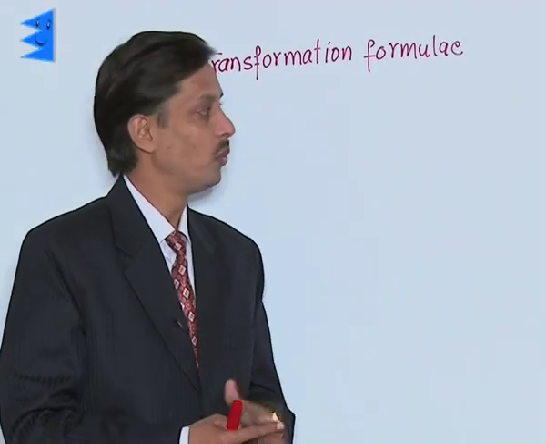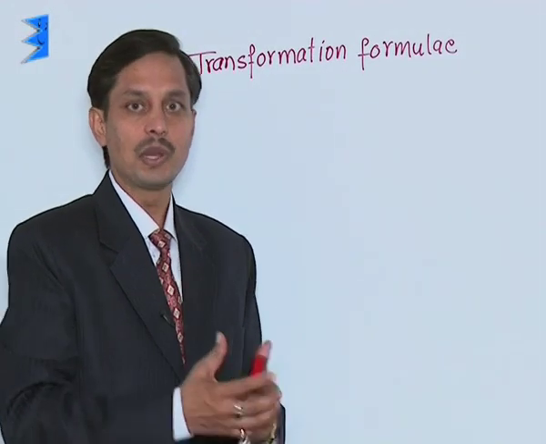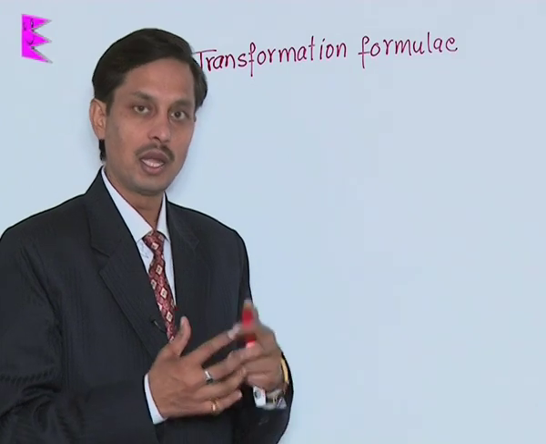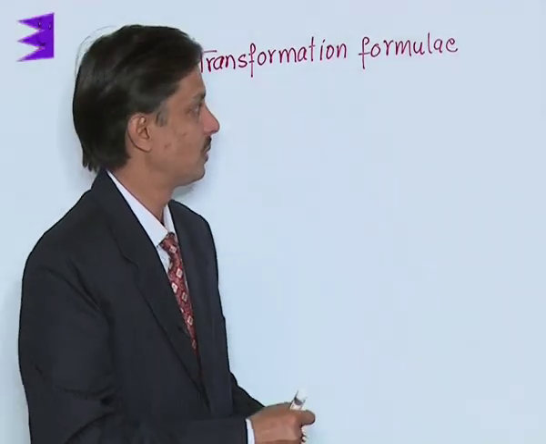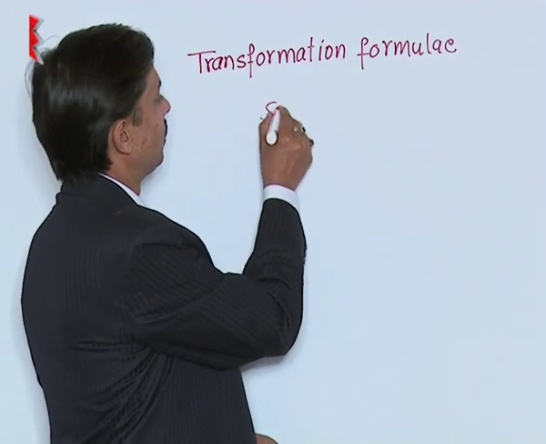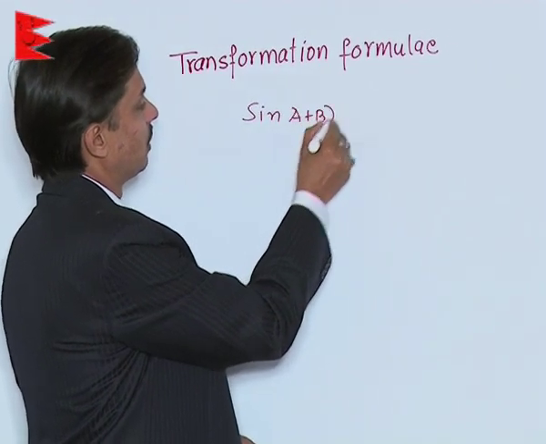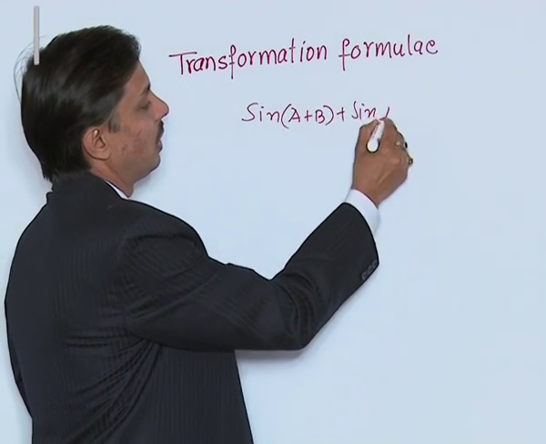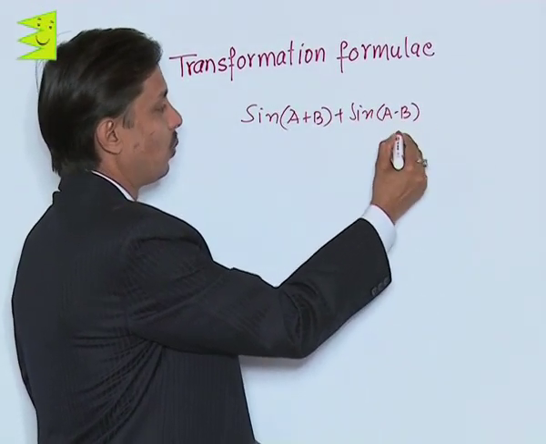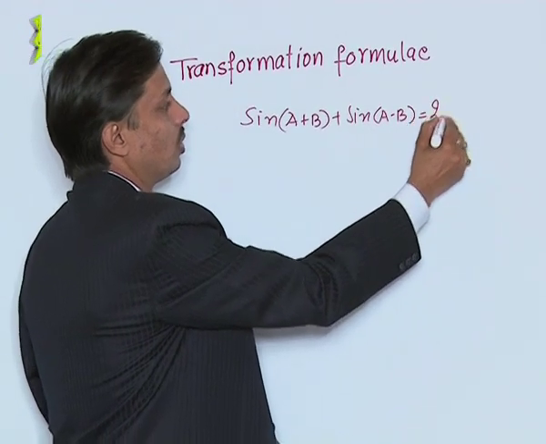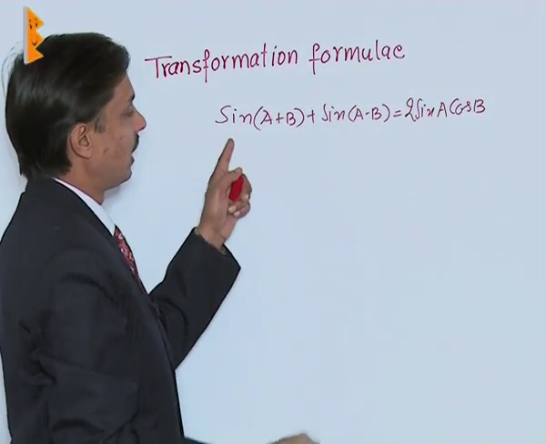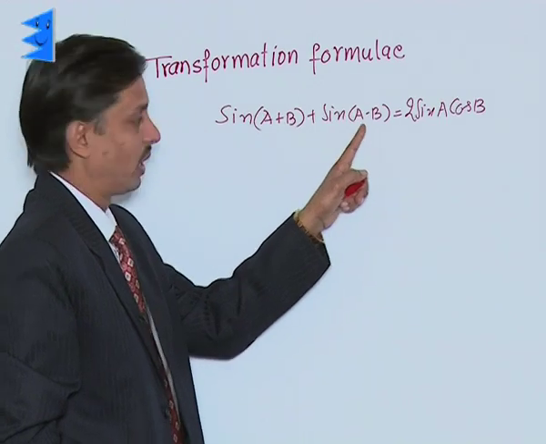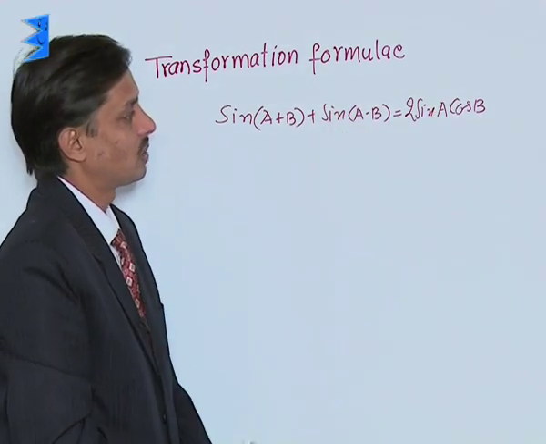In the results which I have discussed, if a plus b is assumed as c and a minus b is assumed as d, then four very important results also come. The first result was that sine of a plus b plus sine of a minus b is equal to 2 sine a cos b. Sine a plus b and sine a minus b, when expanded and added, result in 2 sine